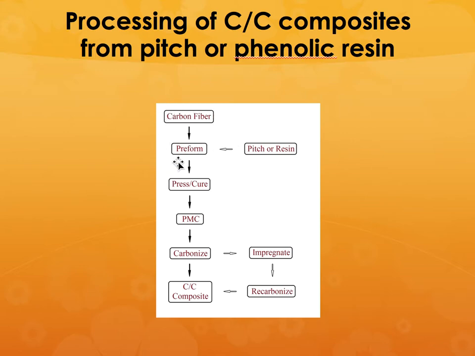You make the carbon fiber into a preform and you infiltrate that with a pitch or resin. You cure that at a temperature of around, say, 350 degrees Fahrenheit. You get a polymer matrix composite, then you have to carbonize it at around 1100, 1200 to 1600 degrees centigrade. You get the carbon-carbon composite material. During the carbonization process, the polymer matrix will shrink quite a bit, so you will end up with something like 60 to 70% volume yield. So you are going to get 30-40%